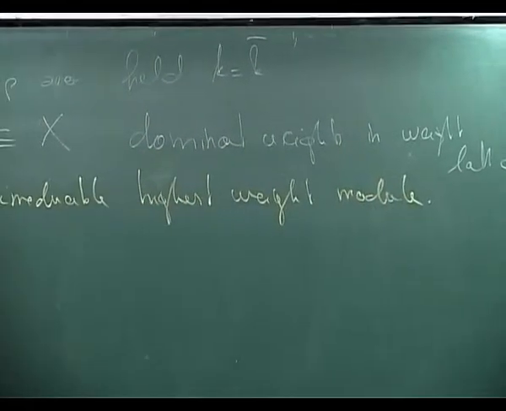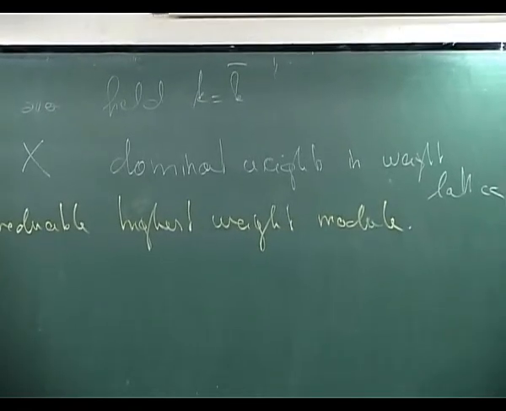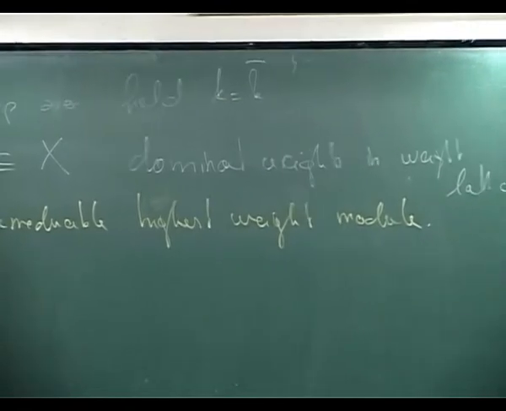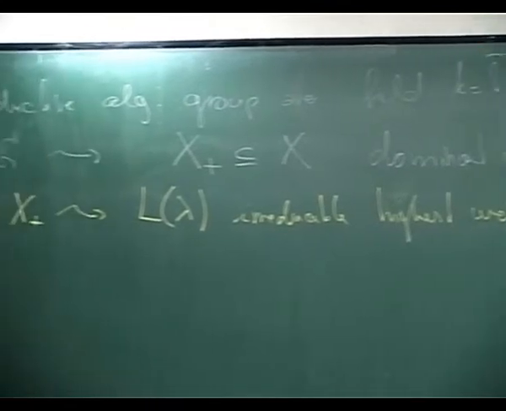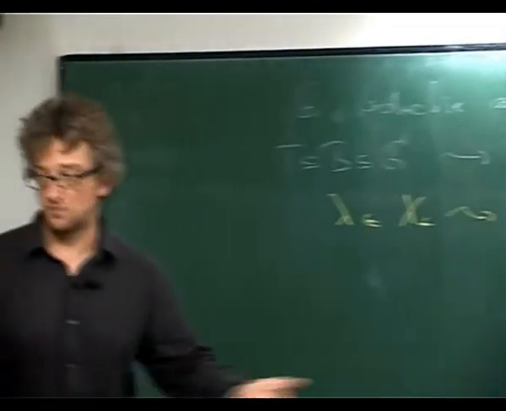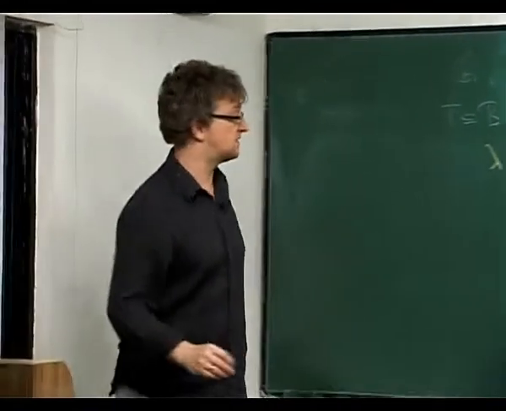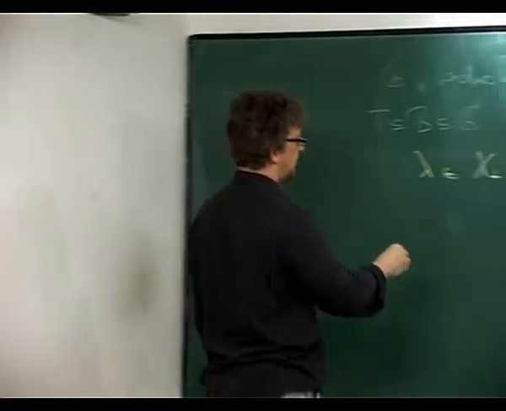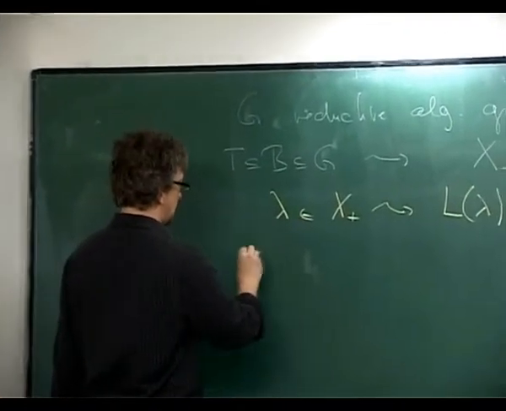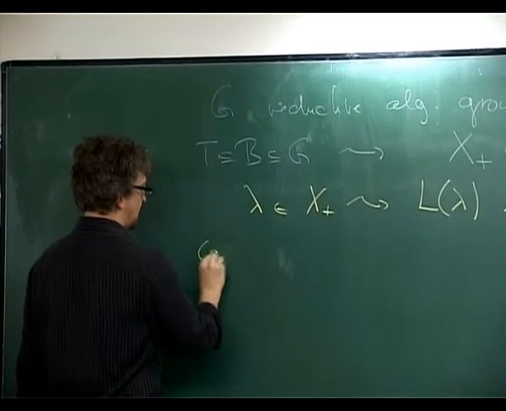And these are pairwise non-isomorphic, and they build a system of representatives of all the simple irreducible modules for G. And our problem is to calculate